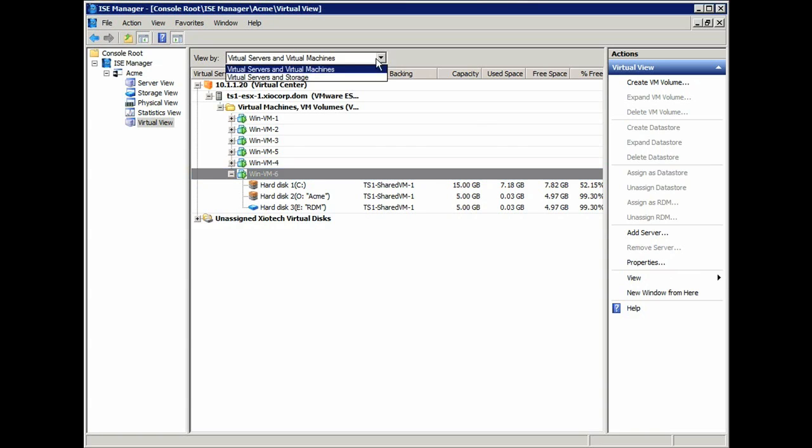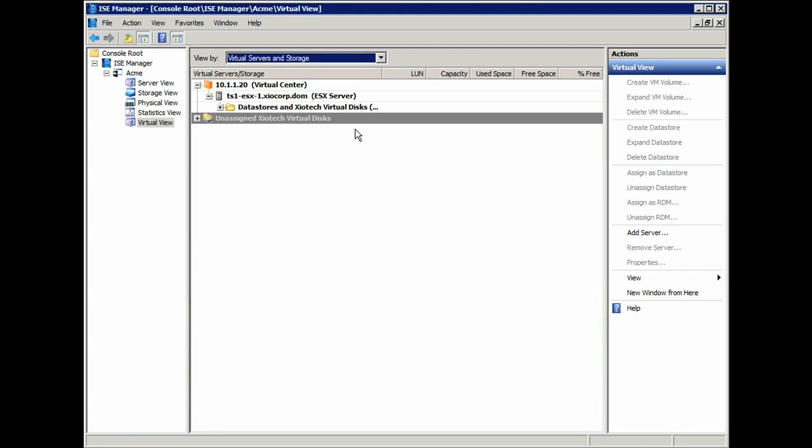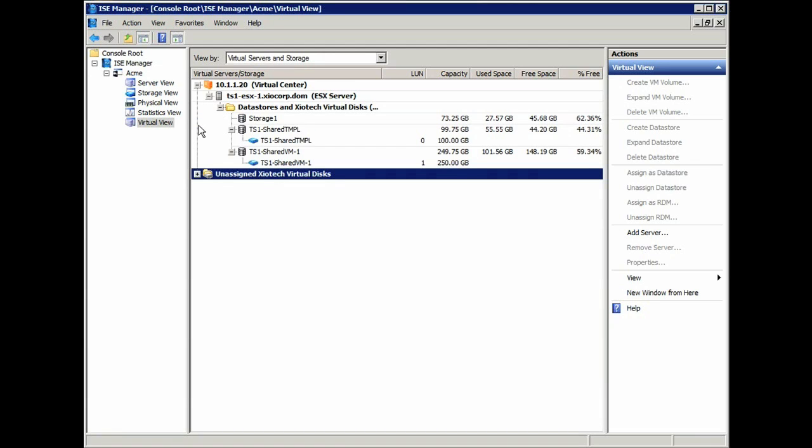And in order to do that, we simply have to change our view in Virtual View. So I'm going to select the drop down and I'm going to go to Virtual Servers and Storage. Again, it's going to show me the Virtual Center server, it's going to show me the ESX server, and it's going to give me the Data Stores folder. When I select the Data Stores folder and expand it, it's going to show me all the data stores as